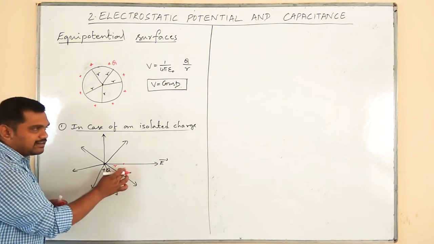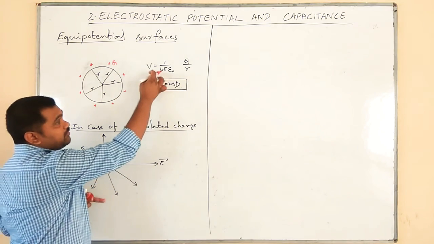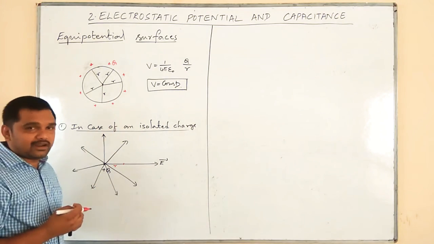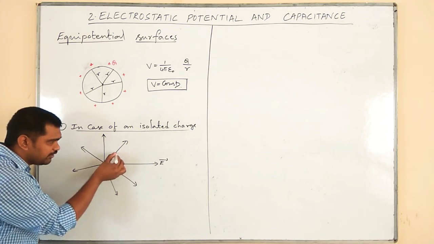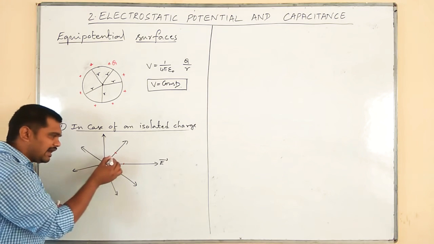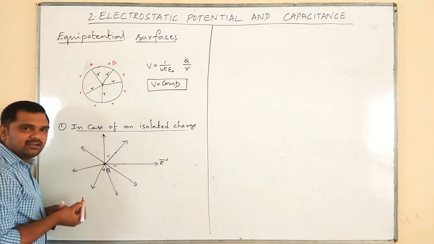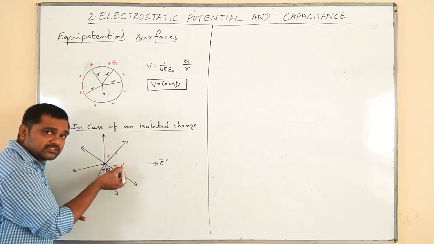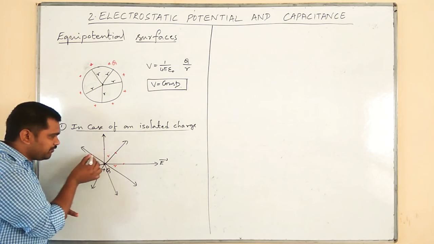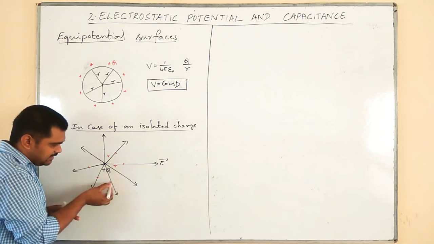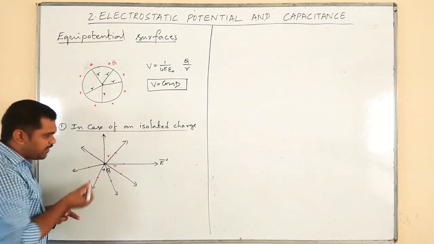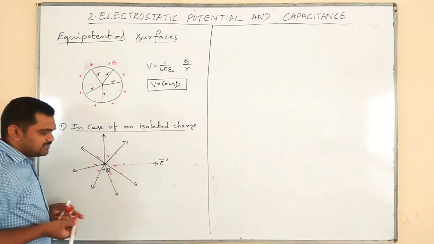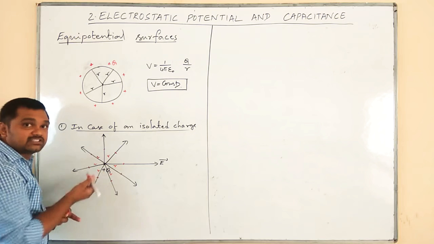At this point, the electric potential is given by V is equal to 1 over 4 pi epsilon naught Q divided by r. Similarly, you take one more point at the same distance small r. Therefore, the potential at this point is equal to the potential at this point. Similarly, if you take the same points at the same distance r from the center,